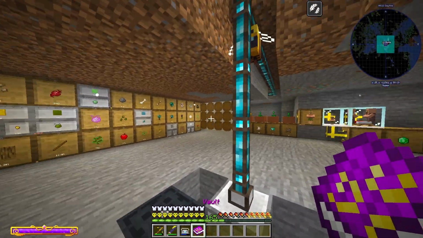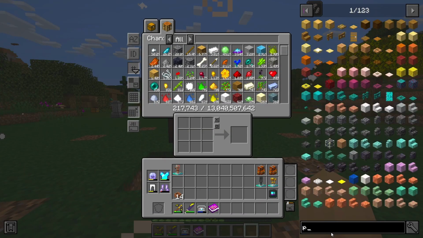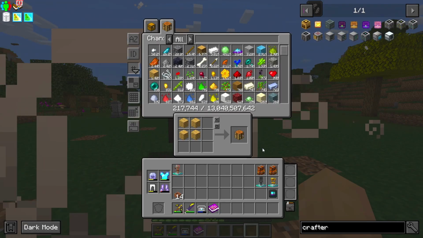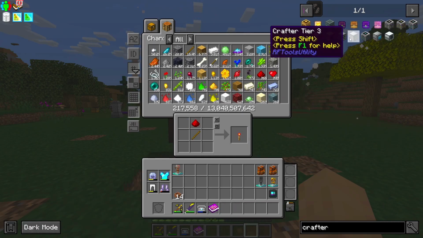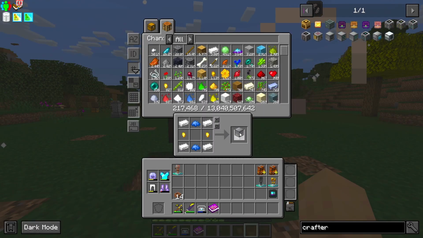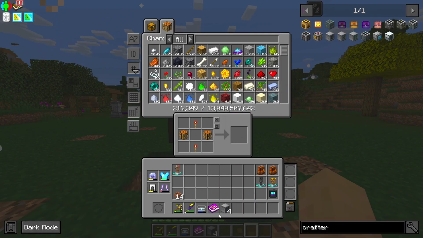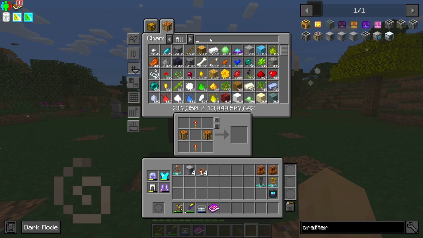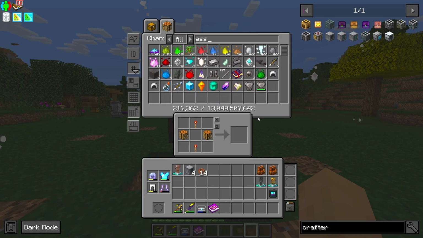Anyway, so what we are going to need is some auto crafters. Crafters, a crafting tier 1 is going to be fine. Let's make a bunch of you, a stack of you, and let's make, I don't know, 4. Let's make 4 crafters, and that'll be just perfect. Right. Now that we have the crafters, what we are going to need is some hopper botany pot. Yes, indeed. We are also going to need some essence,